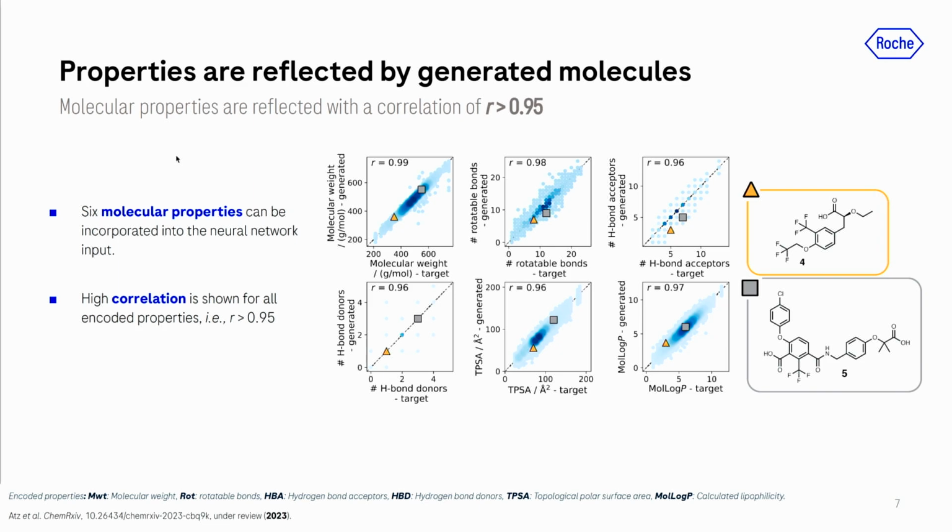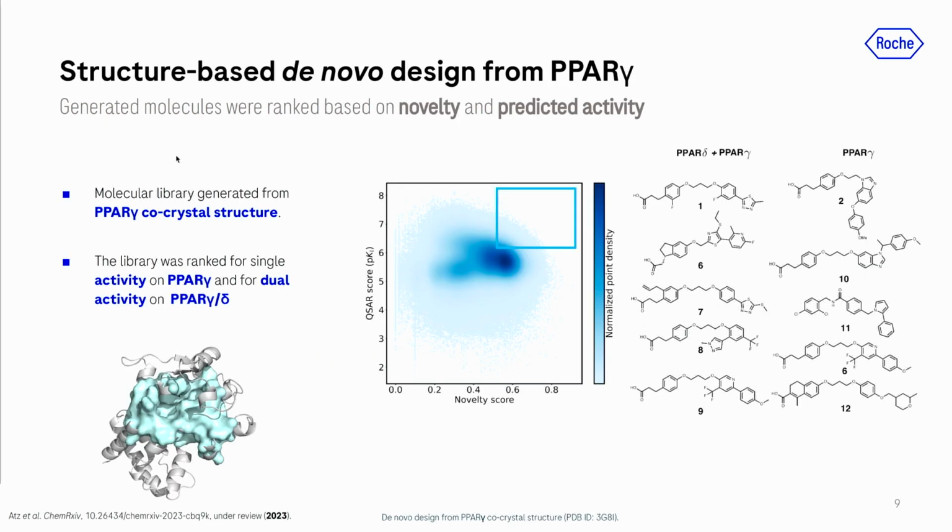And what we saw is that for all of those 6 properties, we have correlation coefficients above 0.95, meaning the properties which we want in the input are reflected with high accuracy in the molecules that are generated. So this was one part that we wanted to validate after training these models. And the second validation,